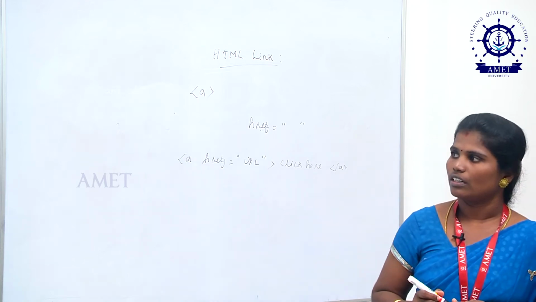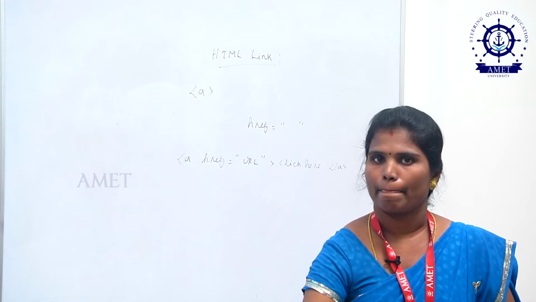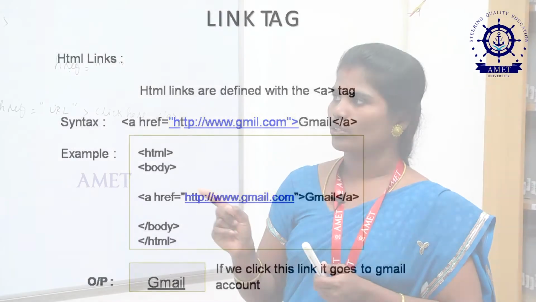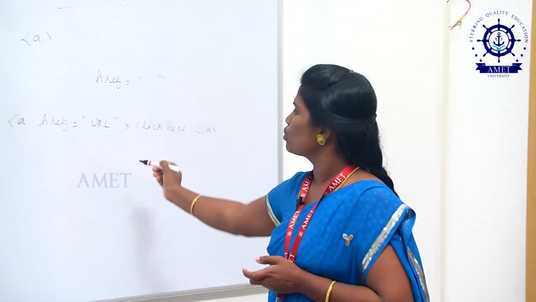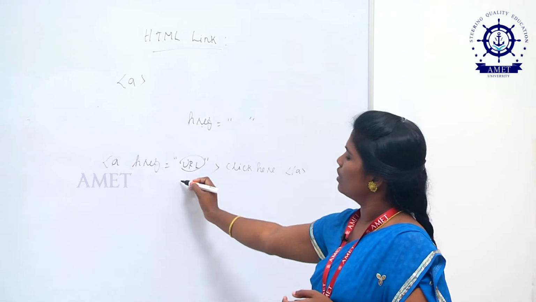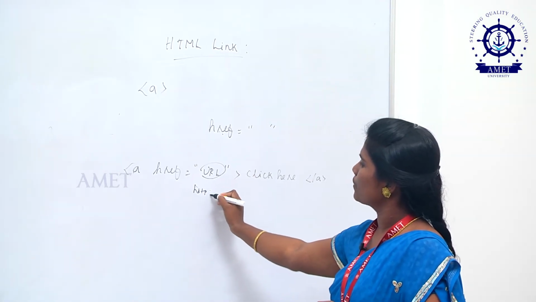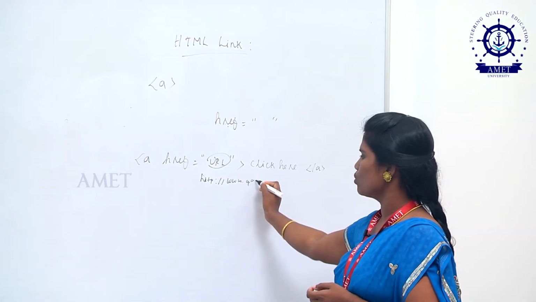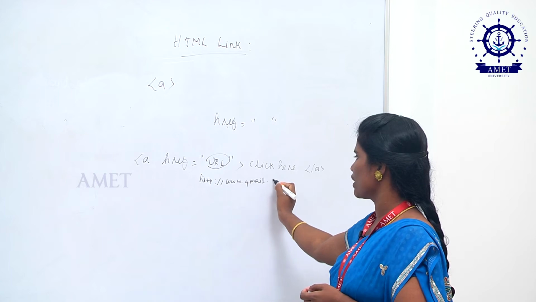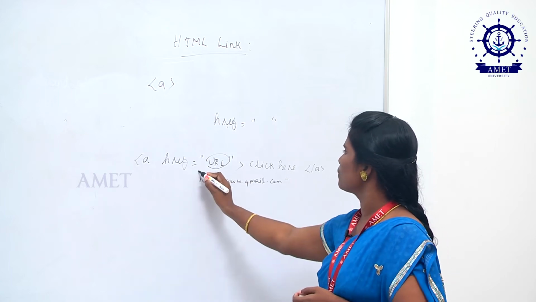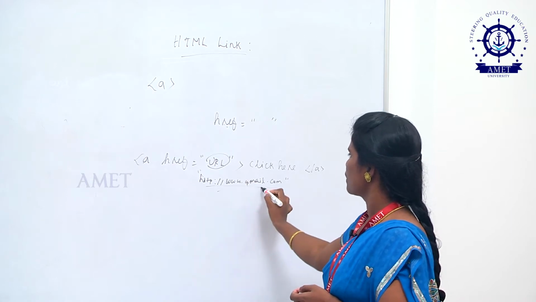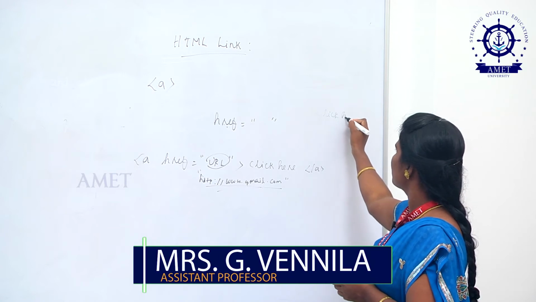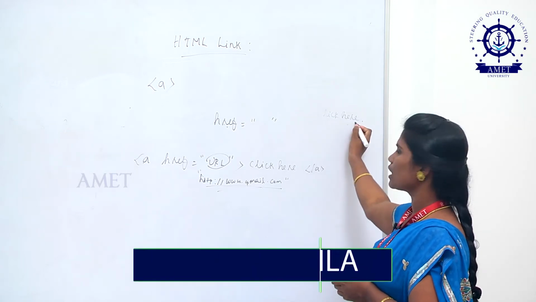See in the slide, you can see I have used the anchor tag. Inside the anchor tag I have used the attribute href. The URL I have given is http://www.google.com or gmail.com, whatever you want you can give. This should be in double quotes. So this is the URL. In the output we will be getting only the text click here. It will be displayed in a blue color with underline.